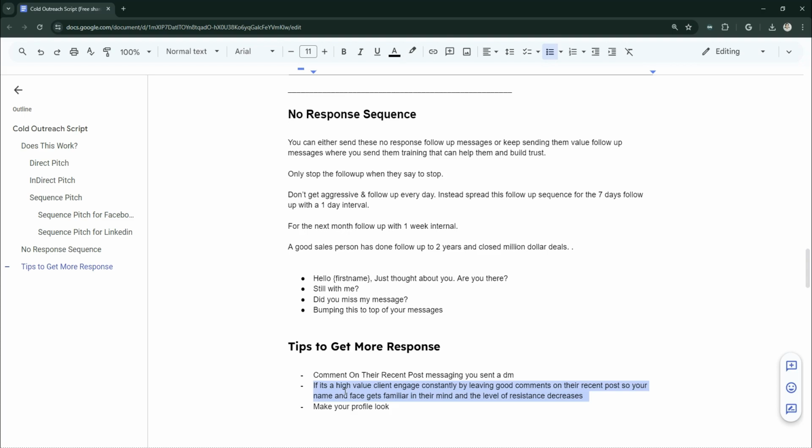Okay. Now you got to also make your profile look so professional. People should come to your profile and there shouldn't be other people's tag posts or some garbage, or you talking about your political views or any other stuff. It should be like a sales page. So there should be a pinned post that talks about what you're selling. Not every other post should be about your personal life, that shows that you're a real person, or the sales posts or value posts that you have in your timeline that are going to make you look like an authority